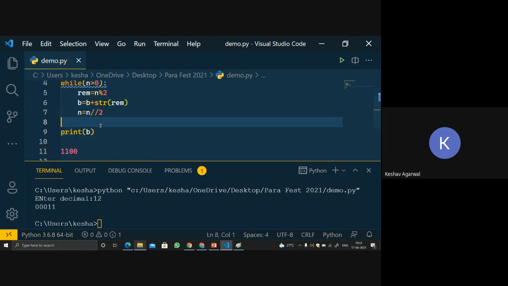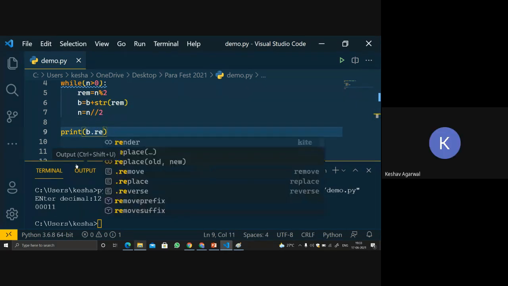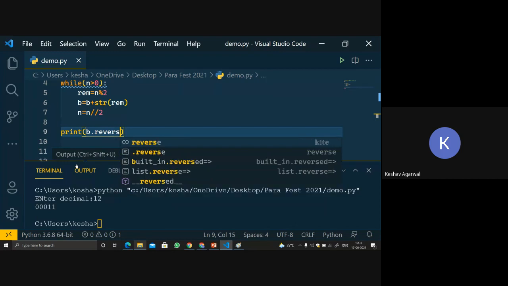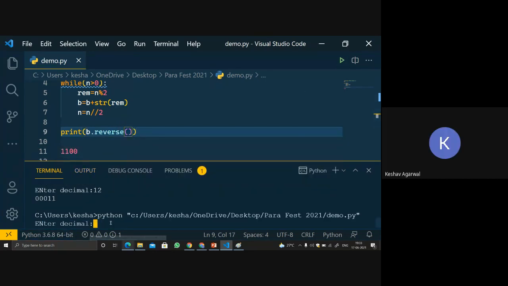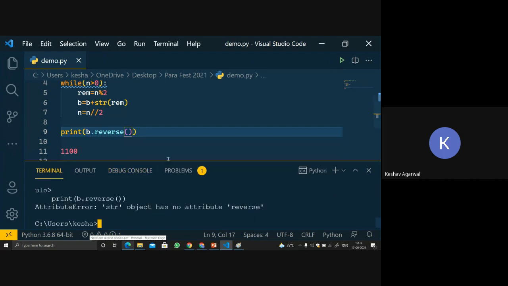And we will reverse it. Yeah, that's the thing. B dot reverse. Yeah. It says no attribute reverse.